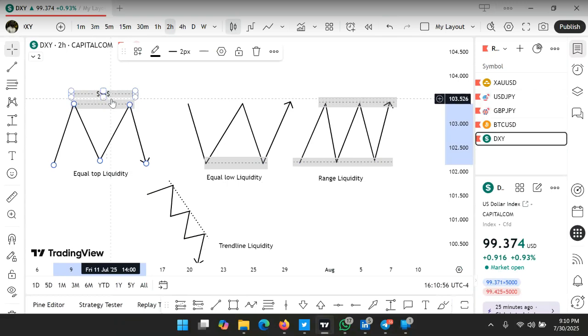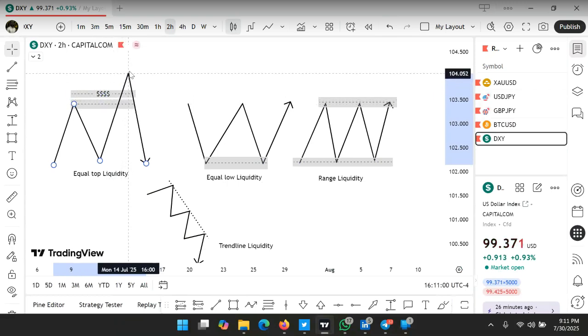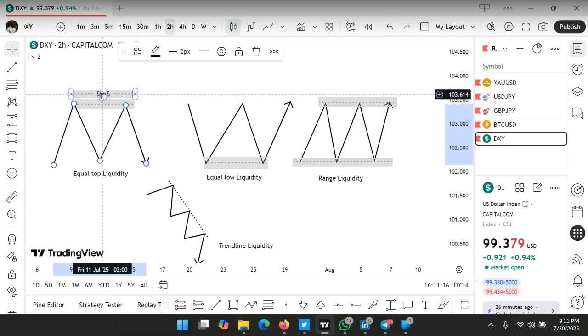Plenty of people will have their stop losses sitting around this zone. There are those waiting for the market to break out and to buy, and their stop losses will be around this zone. There are those looking for the market to sell, who set their stop losses above this level. And there are those who set their sell limits around this zone, waiting for the market to reach this level and begin to sell. So what does this mean? This means there is liquidity sitting around this zone.